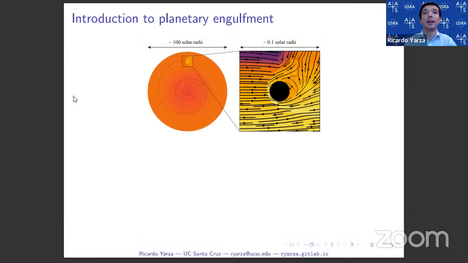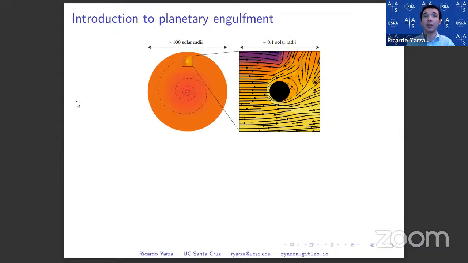I want to start by introducing planetary engulfment and sharing why it's so exciting. If you think of our solar system and specifically of the sun, most sun-like stars that are fusing hydrogen at their cores will eventually run out of it. And that triggers a whole different stage of stellar evolution. And what's important for planetary engulfment is that during that stage, the star expands significantly. And many of these stars will expand enough that they will consume their planets. So they will be larger than the orbits of their planets, and their planets will enter the stars.